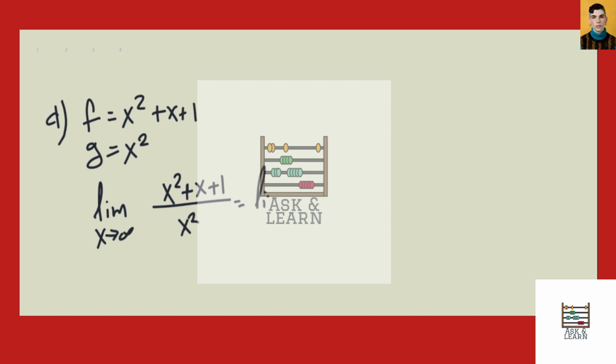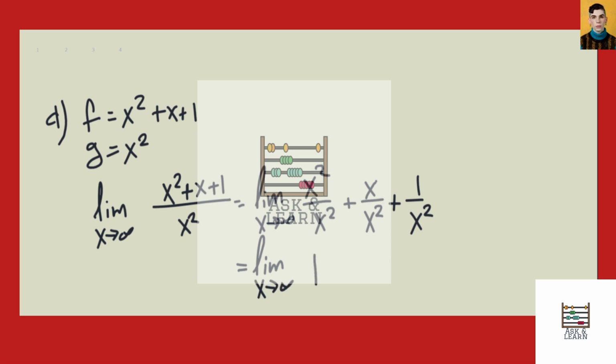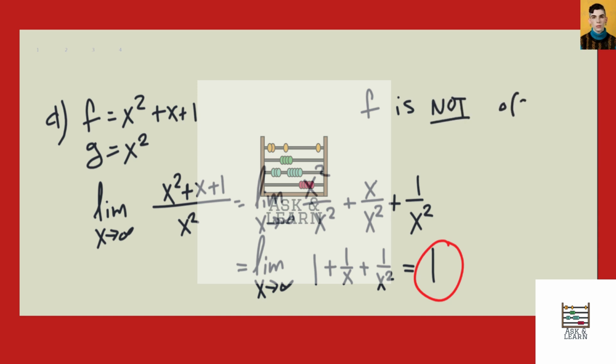This is going to be equal to the limit as x goes to infinity of x squared over x squared plus x over x squared plus 1 over x squared. Well, this is equal to the limit as x goes to infinity of 1 plus 1 over x plus 1 over x squared. 1 over x and 1 over x squared are going to be equal to 0. So this is equal to 1. But uh-oh. So by little o notation, f is not little o of g in this case. So this big polynomial, well, not that big, but